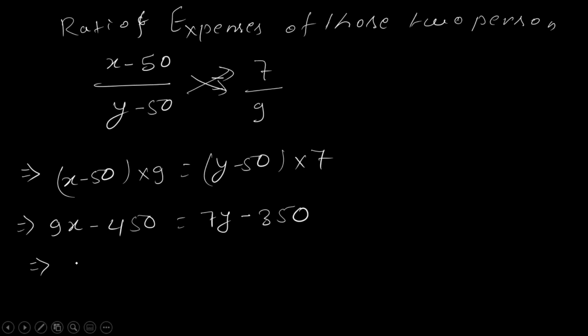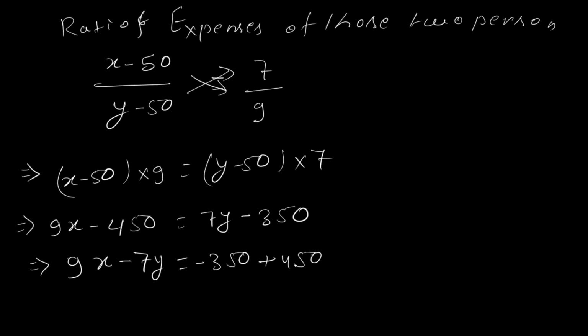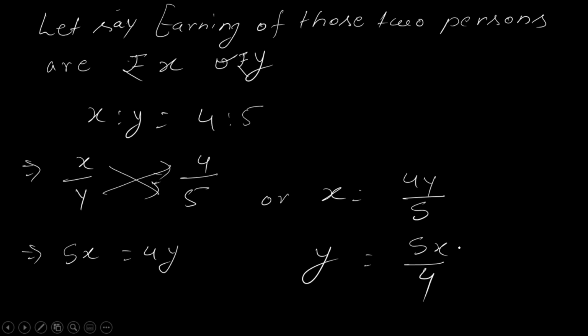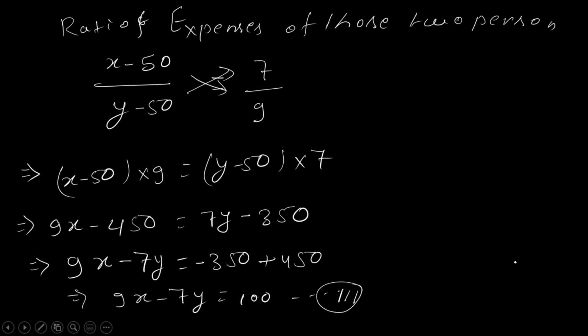So now you can simplify. Now you will simplify it, or you want me to simplify? सर simplify कर दो आप ही, बहुत बदमाश हो. सो यहाँ पे क्या करेंगे, 9x माइनस 7y इक्वल टू, देखो इस 7 को मैंने इधर लाया, सो यहाँ पे माइनस 350 प्लस 450, सो फाइनली इट विल बिकम 9x माइनस 7y इक्वल टू 100. इसको हम कह देते हैं इक्वेशन 3. क्यों सर? क्योंकि इक्वेशन 1 एंड 2 आपने कहीं पे लिखा था. देखो, दिस इज इक्वेशन 1, दिस इज इक्वेशन 2.